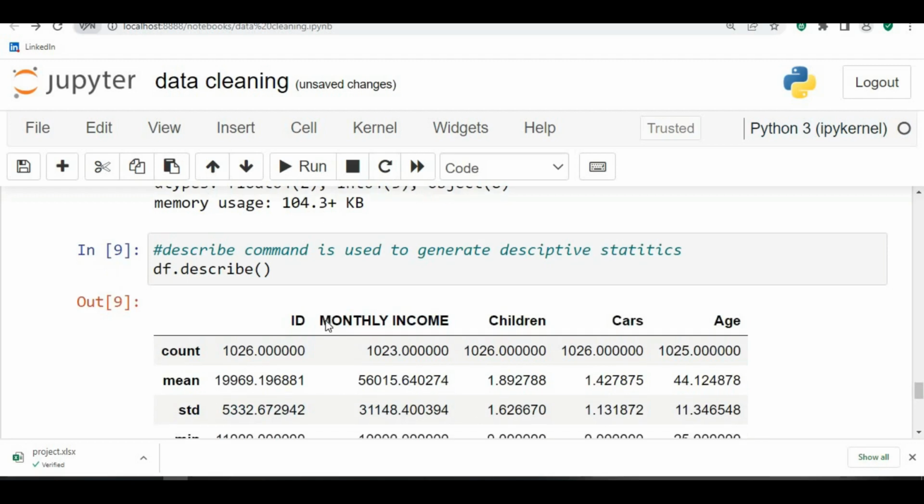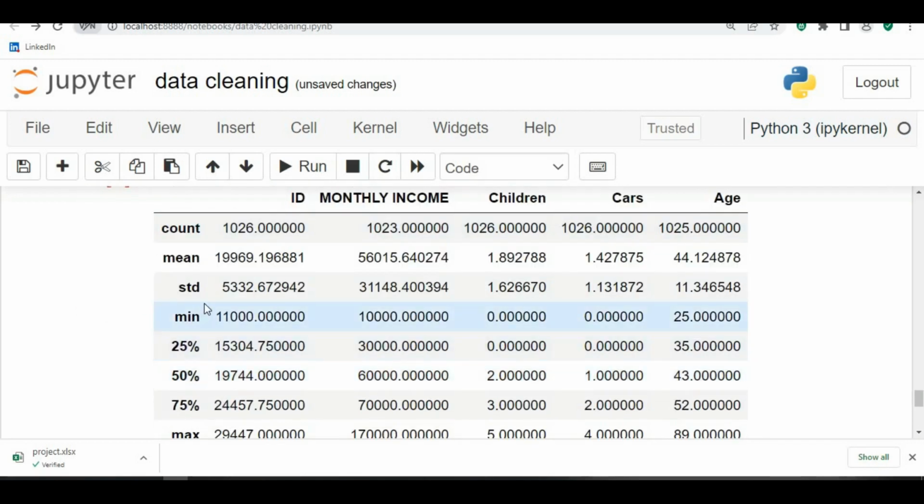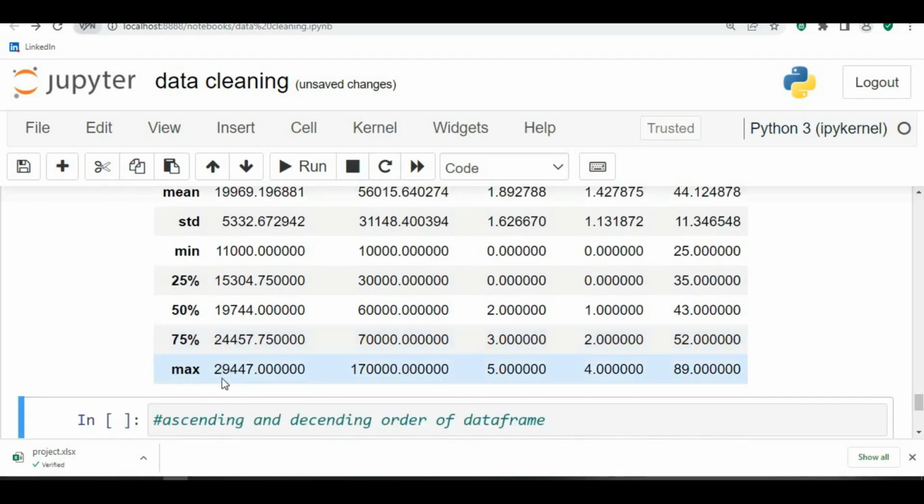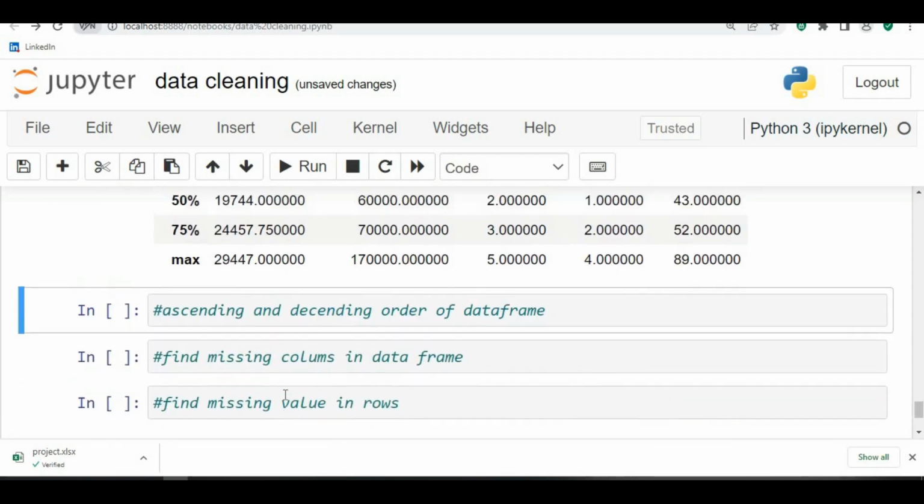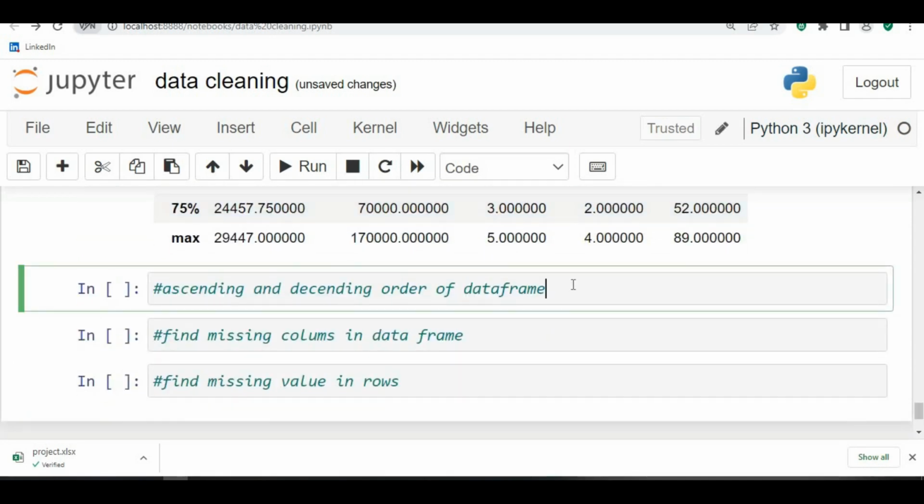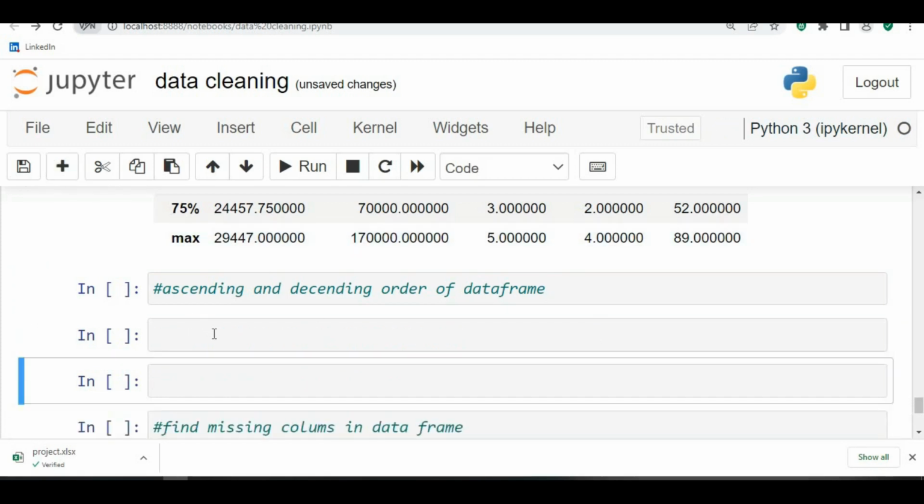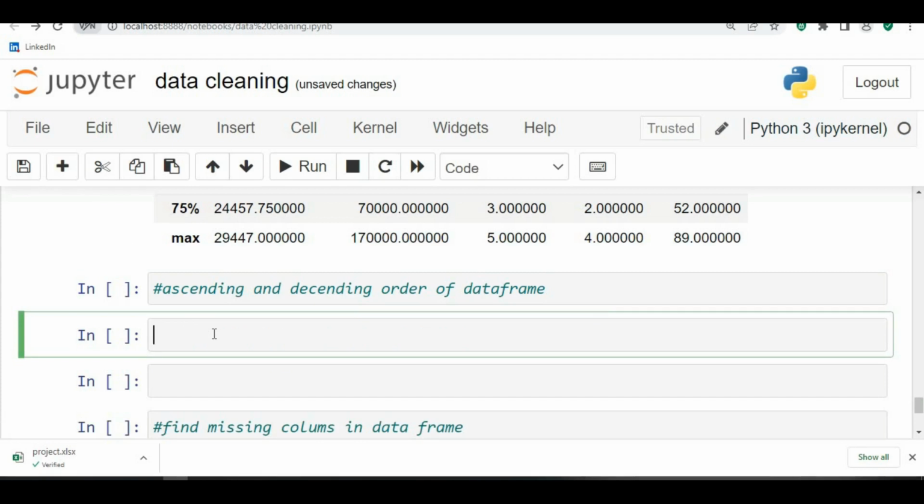So it will describe according to the statistical count, mean, standard deviation, minimum, 25, 50, 75%, and all this will be done with your describe command. Next is when you would like to get your data frame in ascending or descending order. So for that, what we will do for getting our data frame in ascending and descending order, first of all